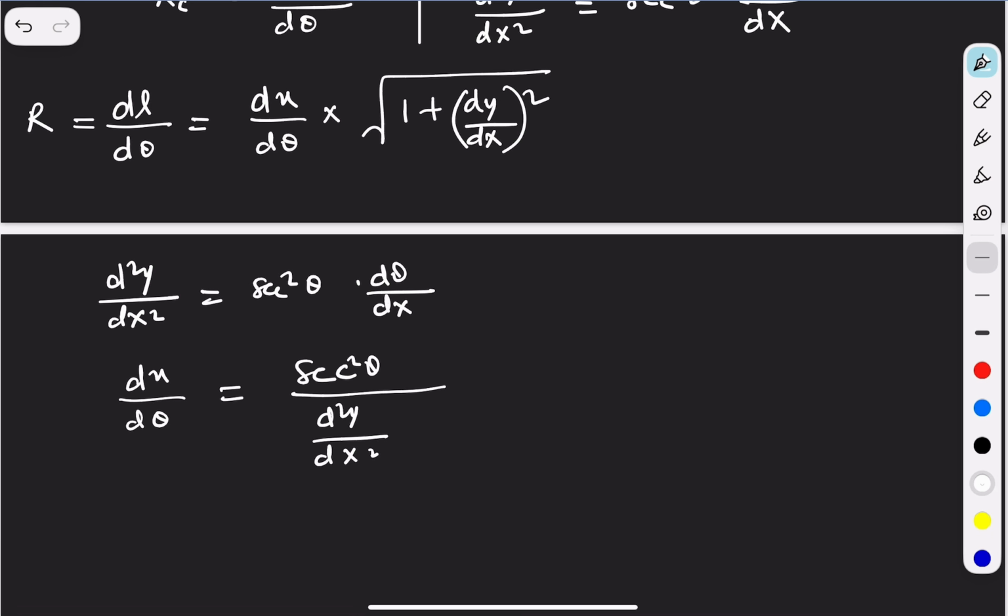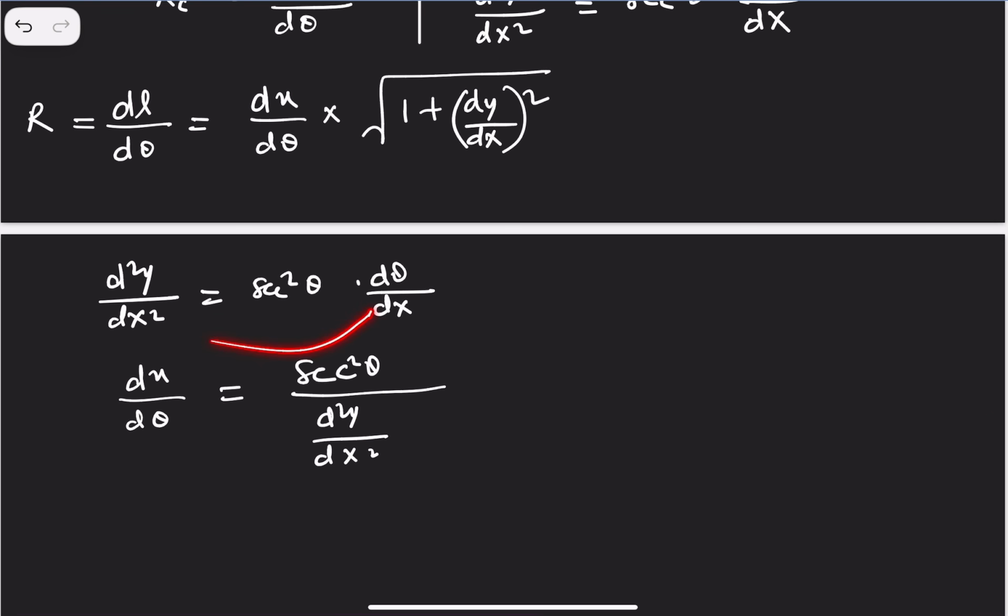If you see guys, just let me show you, the dx will go like this. After that d theta will go in the denominator. So dx by d theta is equal to sec square theta, and this will come in the denominator. So this is the thing. So we got dx by d theta. Now replace this value here. So if we replace this value,